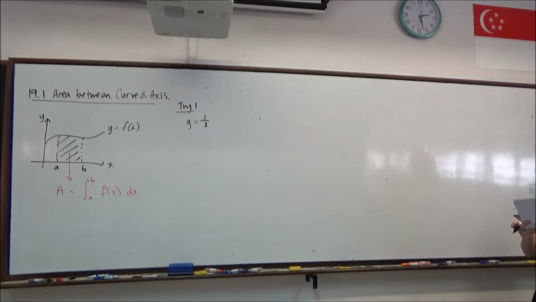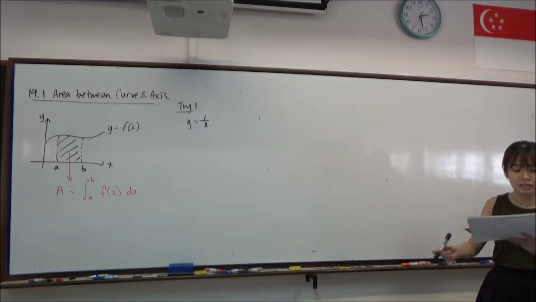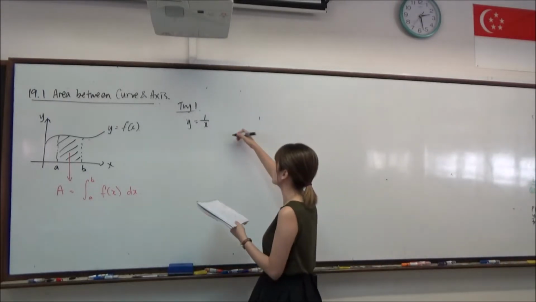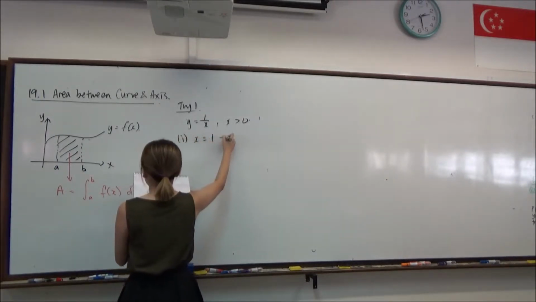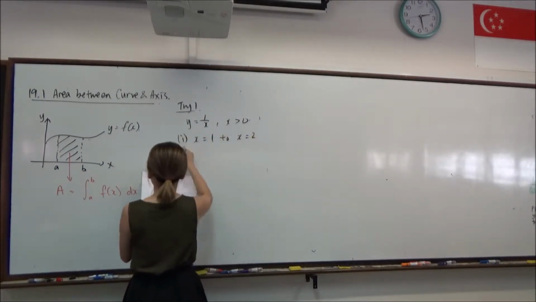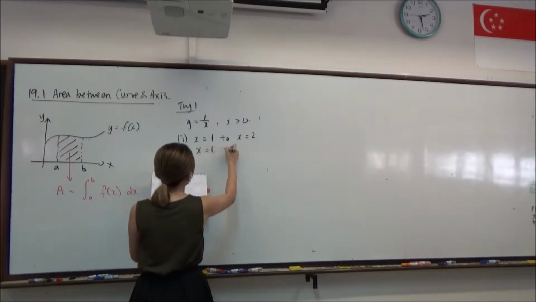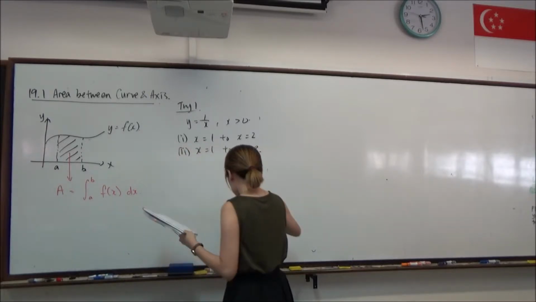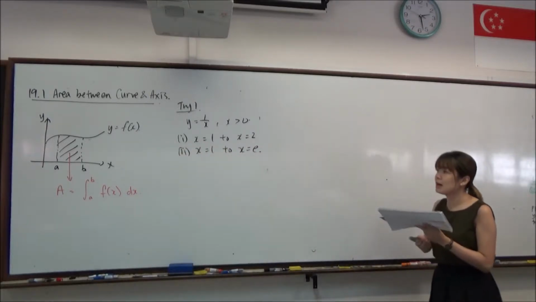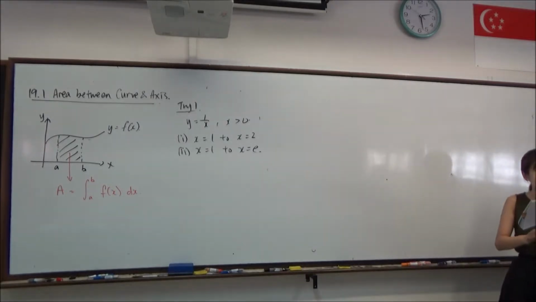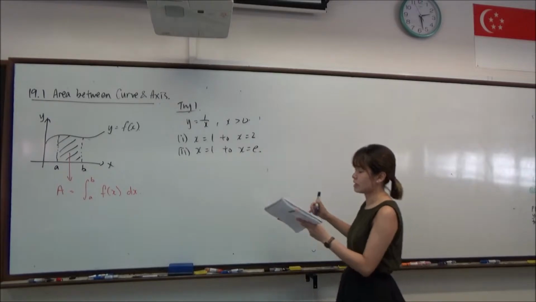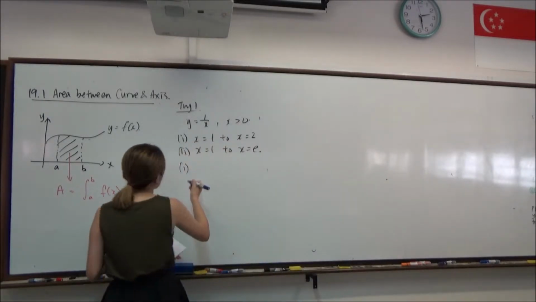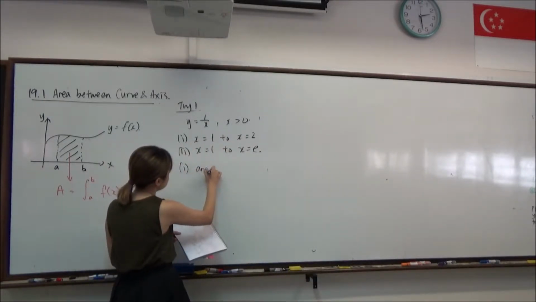Okay, let's look at try one. We want to find the area under the curve for y equals 1 over x, where x is more than 0. For part 1 we're looking at between x equals 1 to x equals 2, and after that x equals 1 and also x equals e. So to find out what this area is,